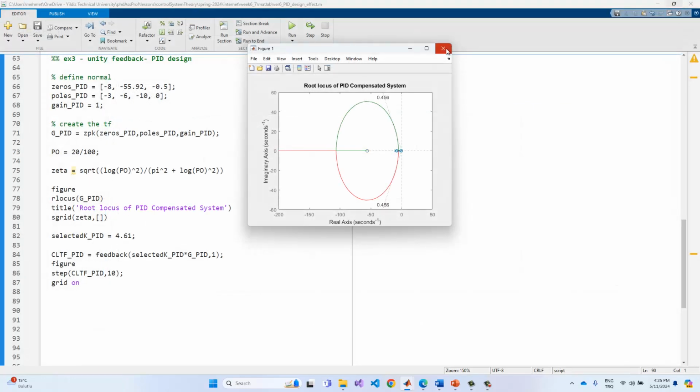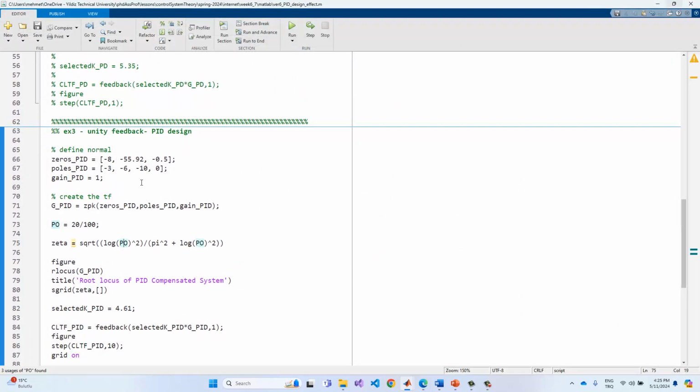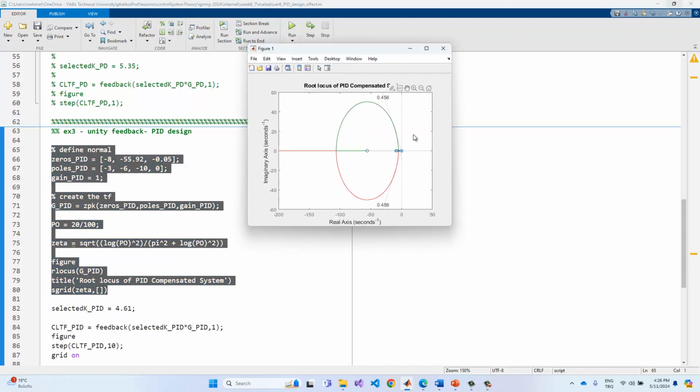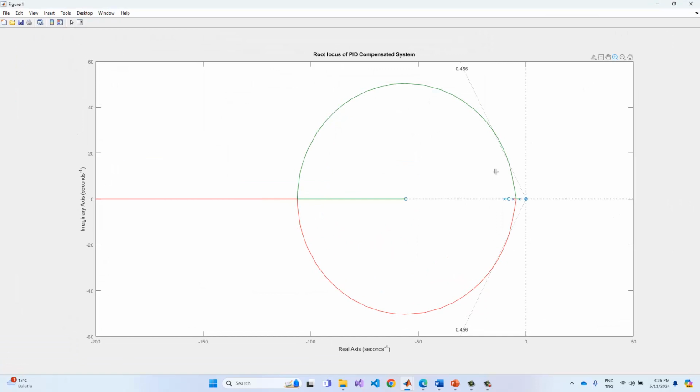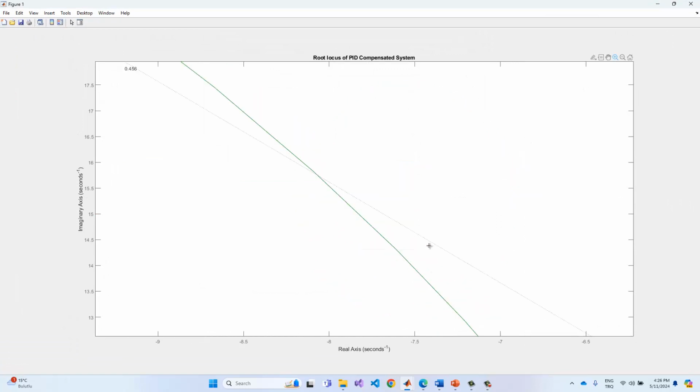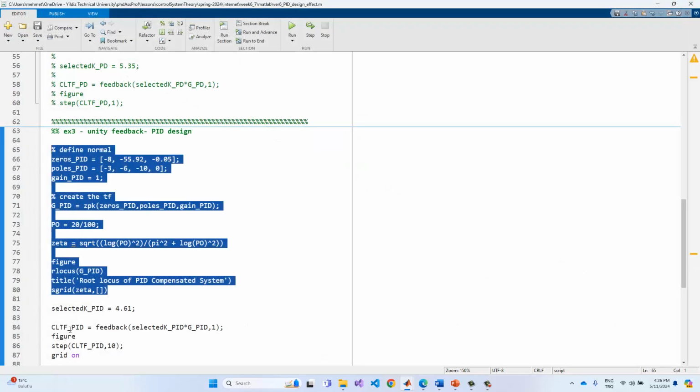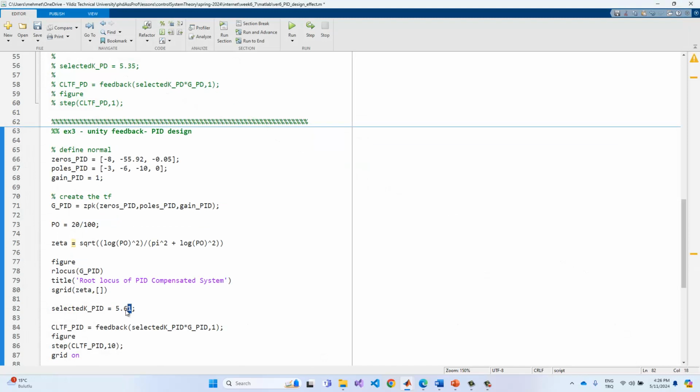Okay, so for the PI controller, maybe we can change the code just like this one, 0.5, for example. But what is changed in the system now? If I run this code, then we will select the new K values in here, just like this one, 5.26. Okay, 5.26. And so if I rerun this code